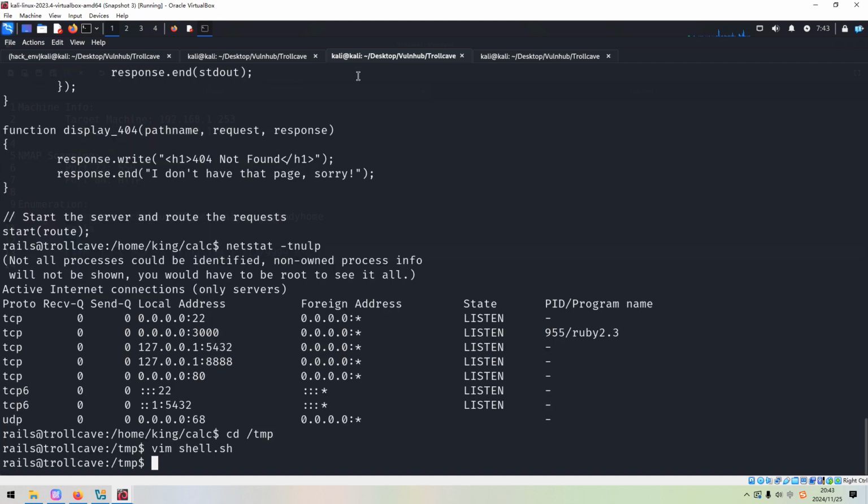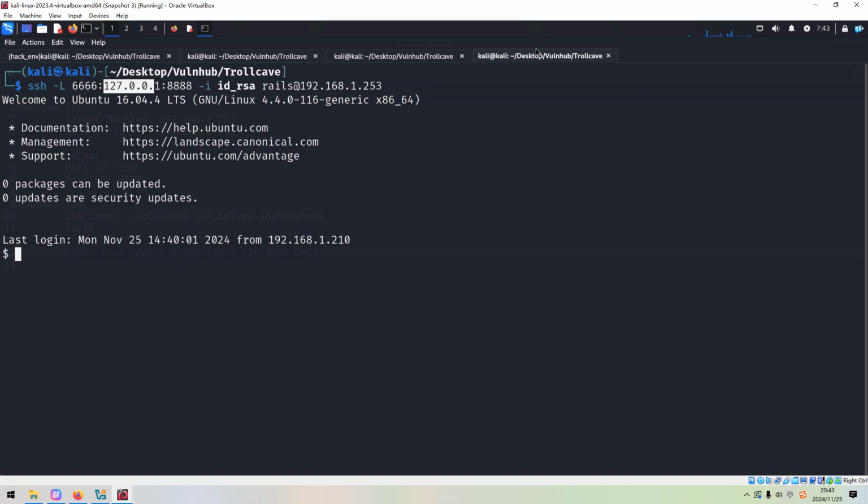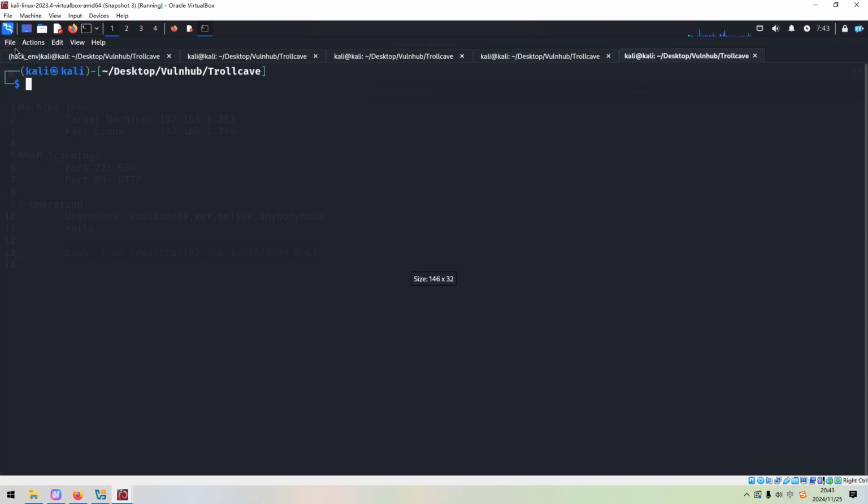Okay, so now of course we need to make it executable, and now we need to set up the listener on the Kali Linux.